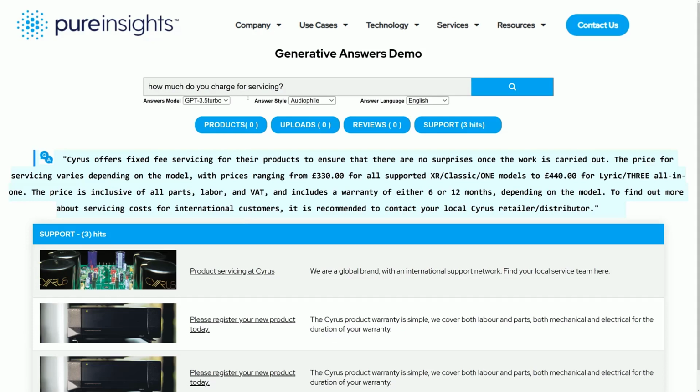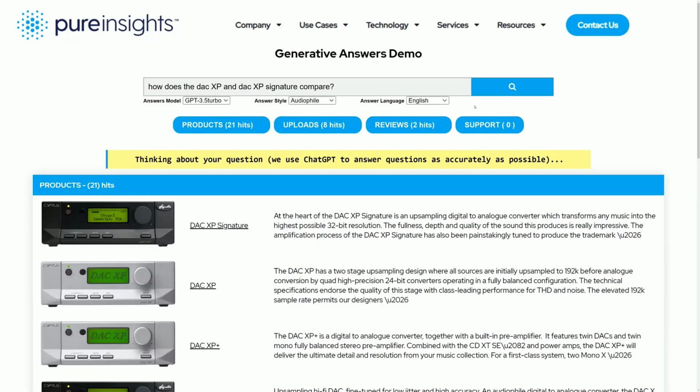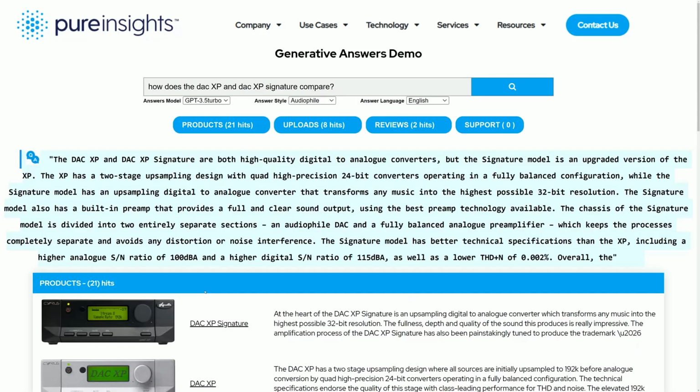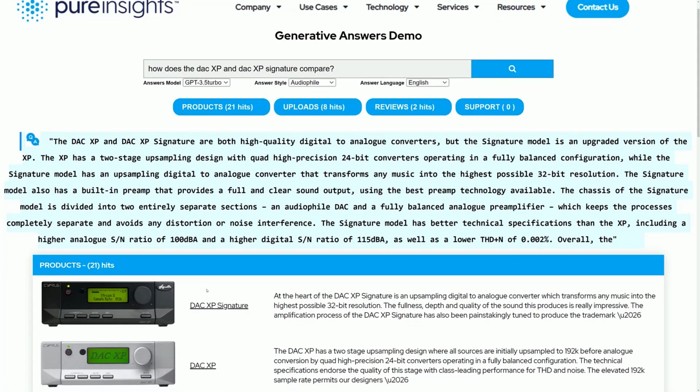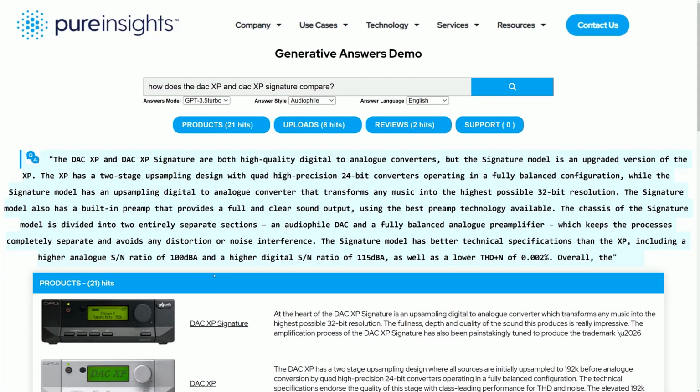Let's ask it some different questions. I don't know, something like how does the product 1 and product 2 compare? Now while it thinks about this question, we have data within the system that essentially describes what a DAC XP signature is. We have data within the system that describes what a DAC XP is,